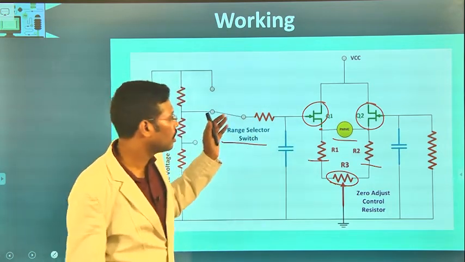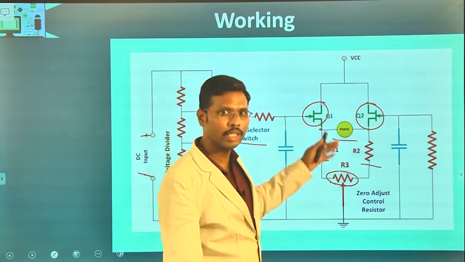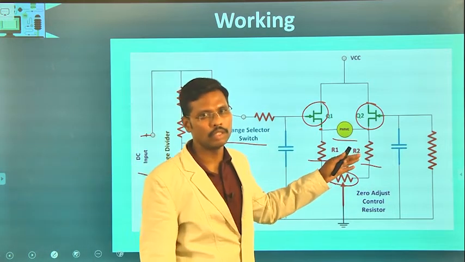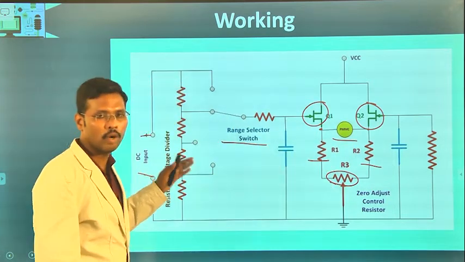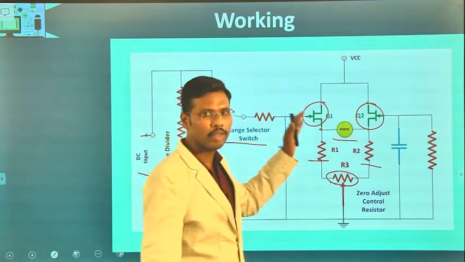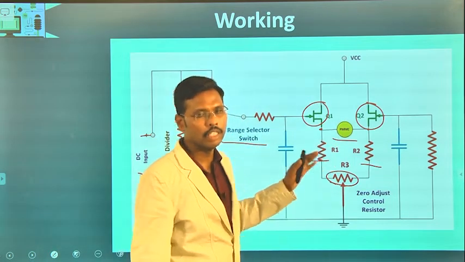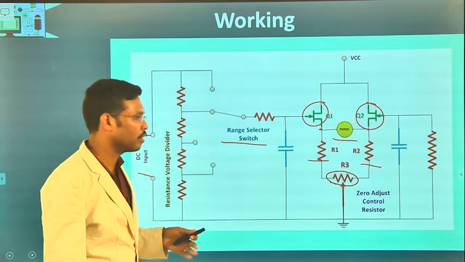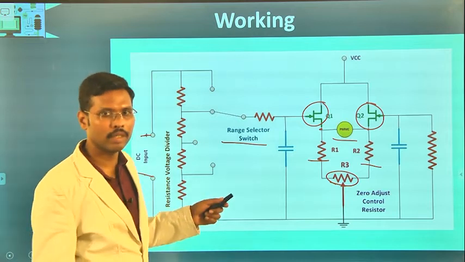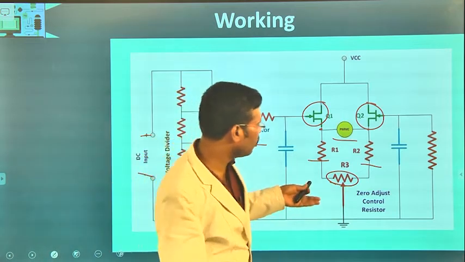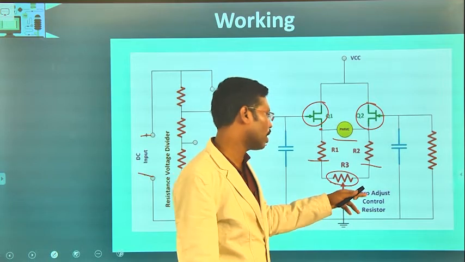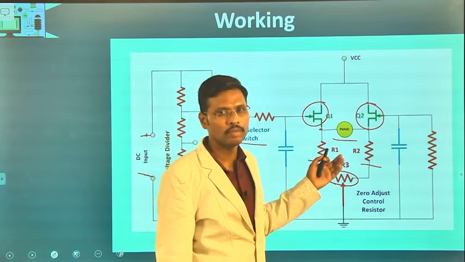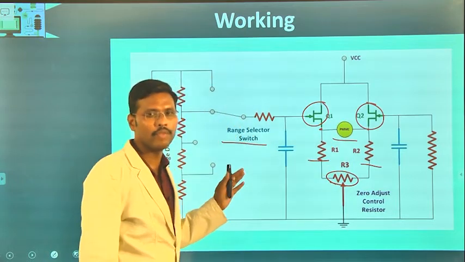input parameter. With variation in the input voltage applied, there will be variation in the PMMC reading also. So, the greater the voltage drop here, the greater will be the deflection of the PMMC meter. In this way, we will be able to measure unknown parameters using this multimeter. Whenever the multimeter reading has been done, the zero control resistor will automatically adjust the PMMC back to 0, so that the meter will be ready for the next measurement.